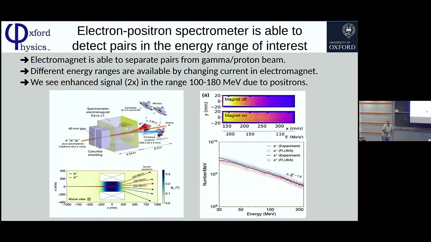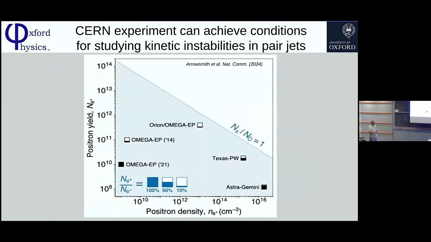So now the final question is, how does this compare with what I said initially? In order to have a plasma, we need to be above this blue line. This is the density, and this is the number of pairs. These were the previous experiments, plotted in a different way. The full color corresponds to quasi-neutrality, and the empty or semi-empty symbols mean some ratio of positrons over electrons.